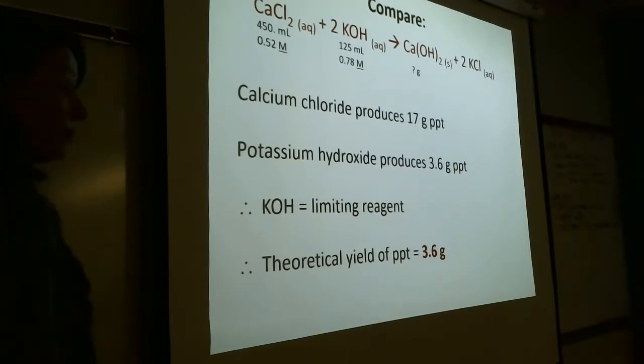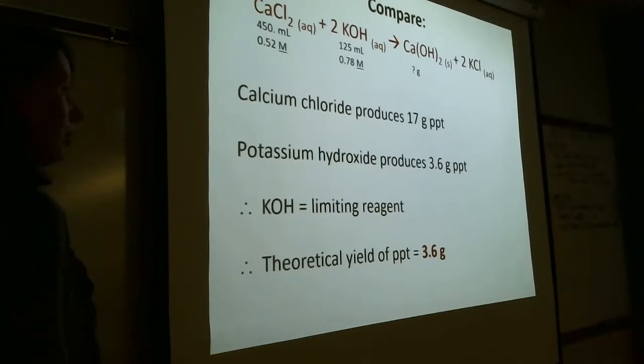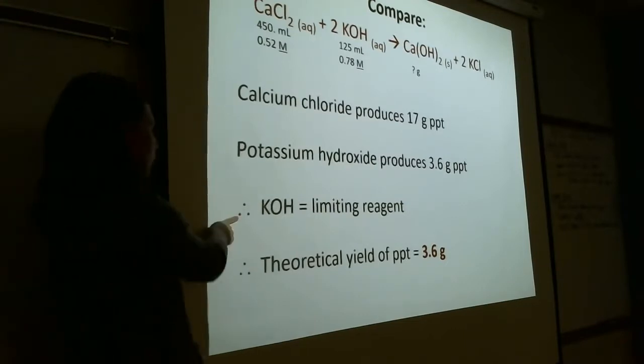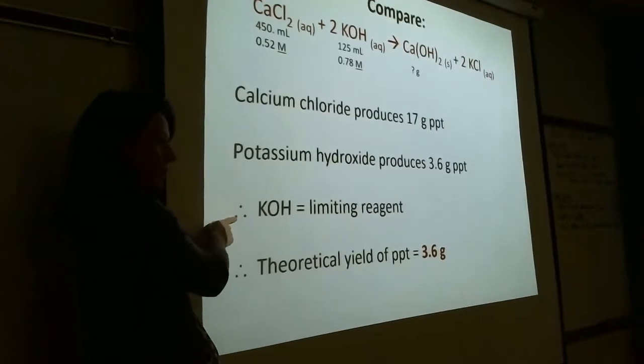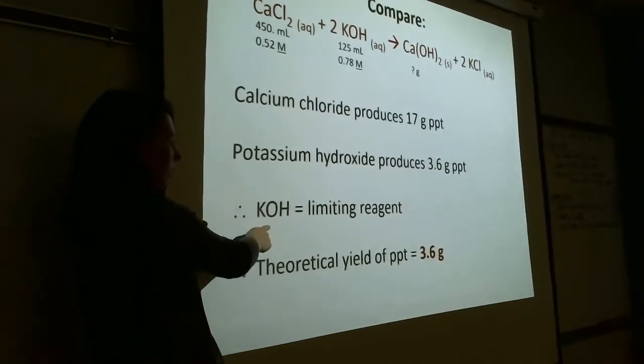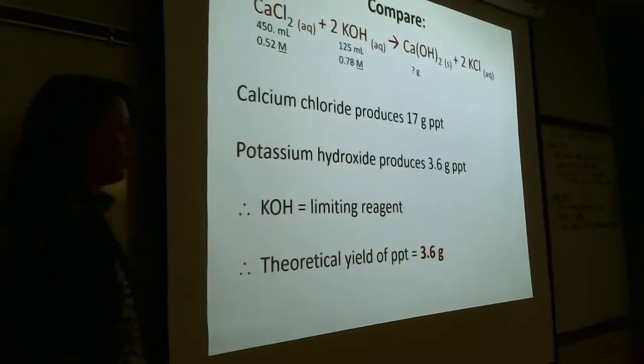PPT just stands for precipitate. And the potassium hydroxide gives me 3.6 grams of precipitate. That means that the potassium hydroxide is my limiting reagent, right? This little symbol means therefore. You math whizzes in the audience, right? That means therefore. Therefore, potassium hydroxide is my limiting reagent, and therefore the theoretical yield would be 3.6 grams, not